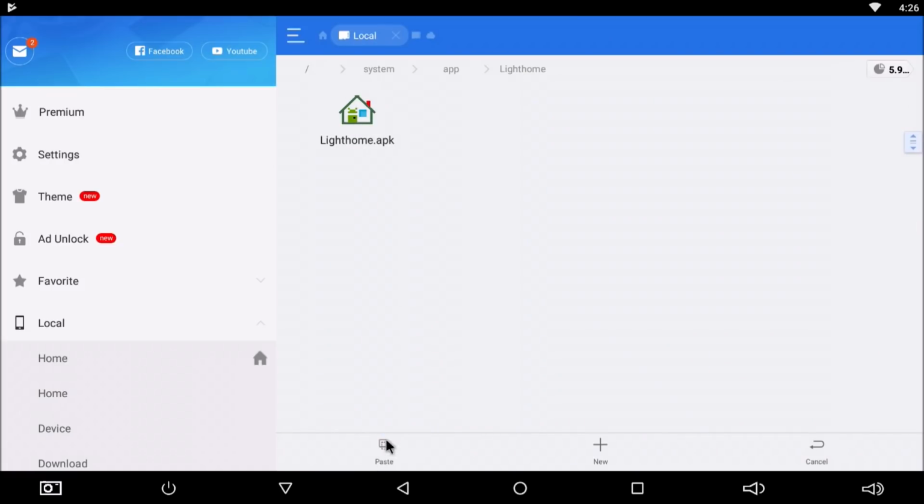And then we're going to hit the paste button, and now the new Lighthome is there. So you have the original Lighthome and now the new Lighthome. What you need to change is the properties of the new Lighthome. If you look at the Lighthome